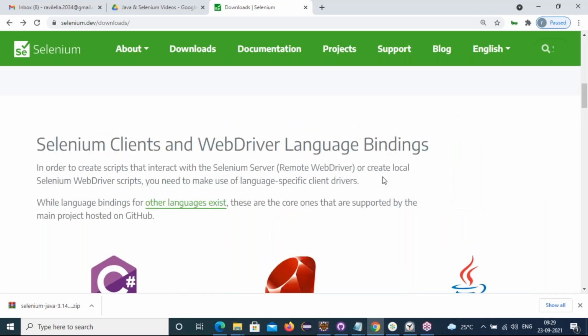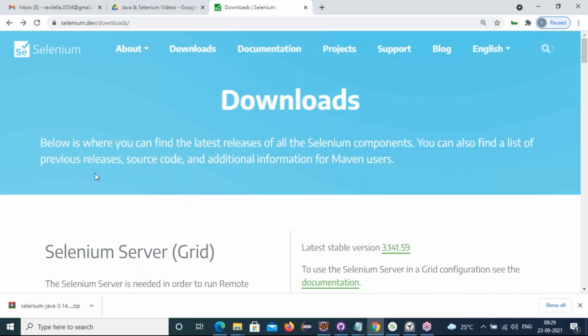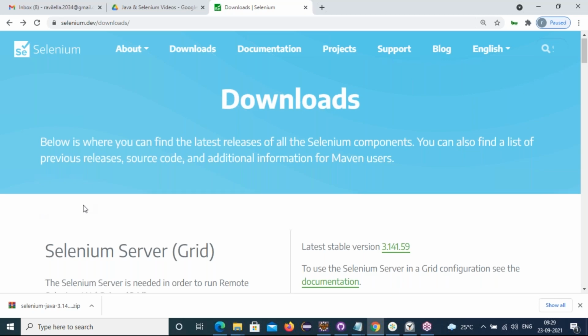That's the question. Friends, 10 days ago they changed the UI. Otherwise, you could see a previous releases link in this location where my mouse is pointing. Earlier they used to give a previous releases link, but they have removed it. So how can we get those previous versions?